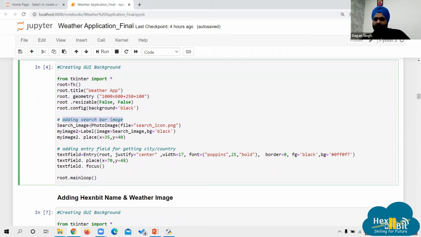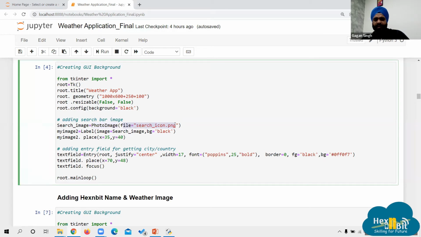Now there are different ways of adding an image in Tkinter. You can use the Tk library, PhotoImage libraries and so on. PhotoImage using a label is one of the options, and through Canvas you can also add images. In this, we are going to use the PhotoImage method. We will be creating the object for PhotoImage.